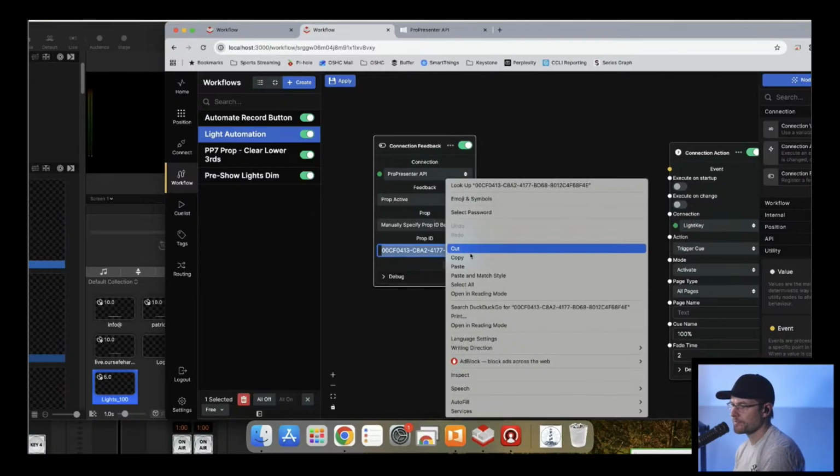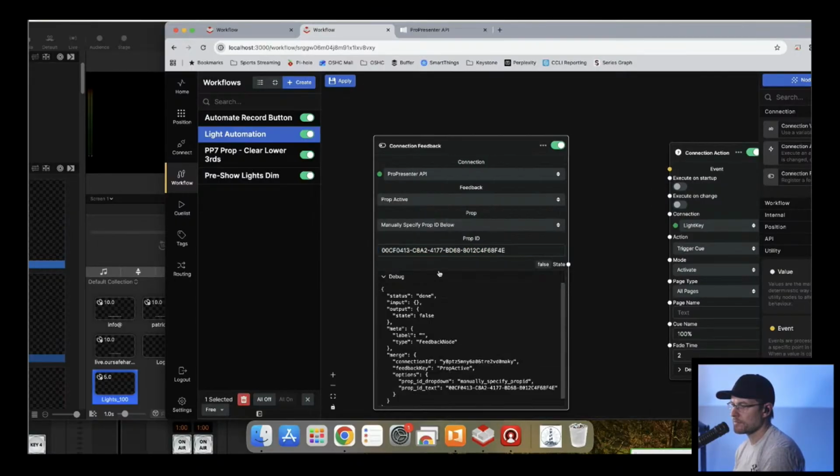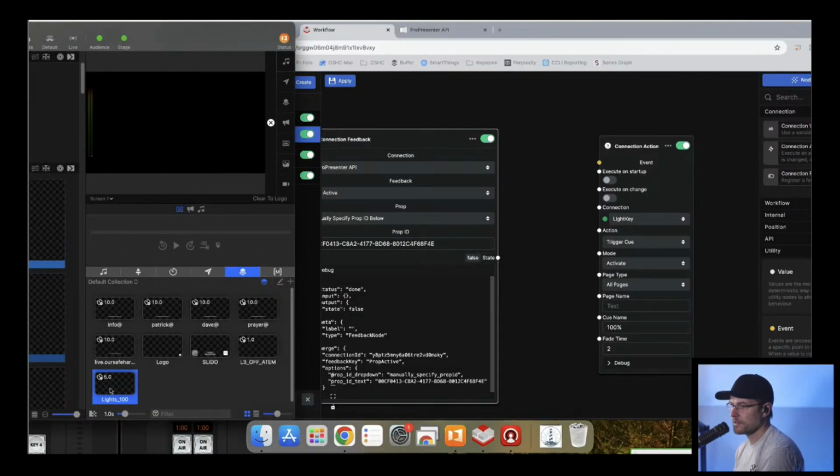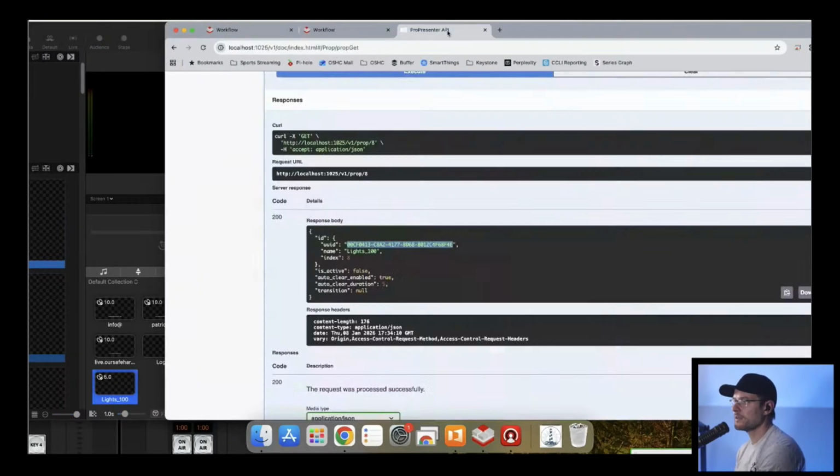It doesn't say. Let's do this. There we go. Okay, apply. So then if we fire it, it's almost like that's not real. It's almost as if it's not the right one.